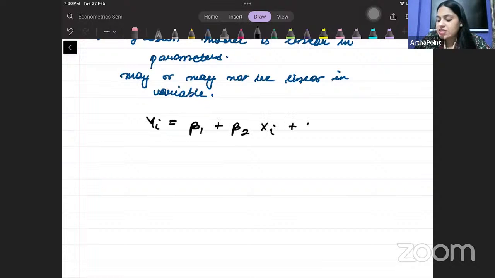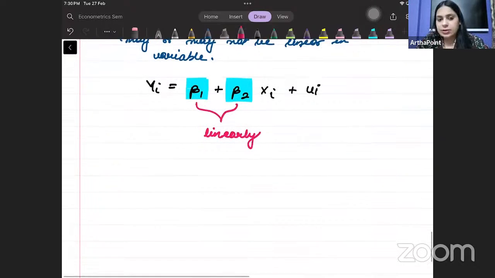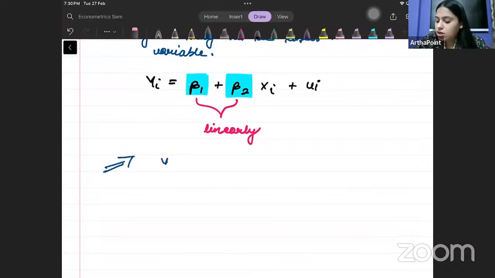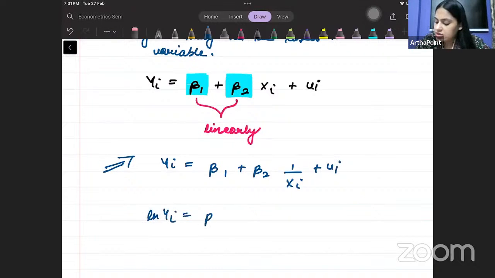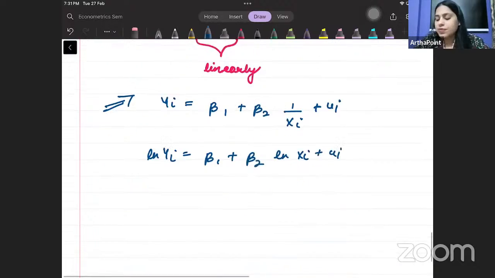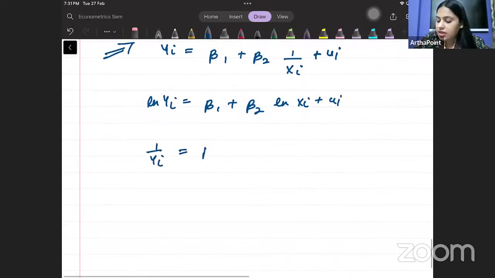plus beta 2 xi plus ui. We just want to make sure that these betas come linearly. मुझे सिर्फ ये श्योर करना है कि ये जो मेरे betas है ना, ये linearly आए. I just want the parameters to come linearly. So it is fine if my model looks like this. Yi is equal to beta 1 plus beta 2 1 by xi plus ui. No problem. If my model is ln yi is equal to beta 1 plus beta 2 ln xi plus ui, no problem. If my model is 1 by yi is equal to beta 1 plus beta 2 xi plus ui,